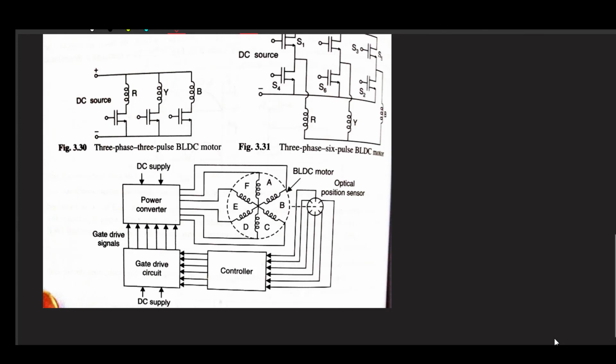So what was in the case for widespread coil? It is like first 120 degree you allow flow of certain coil. Then after that,